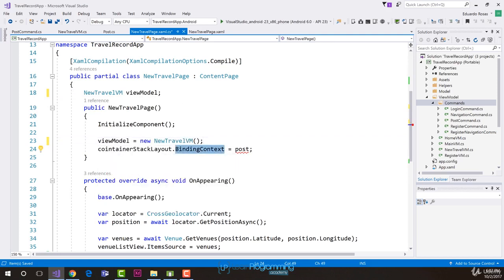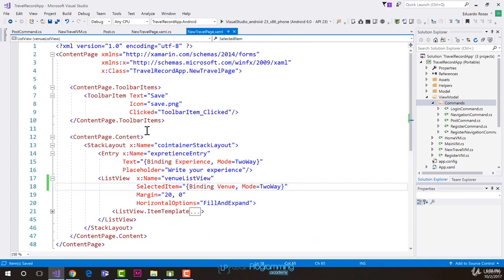And instead of defining the binding context for the container stack layout, we're going to define the binding context to the entire page to the viewModel. But we still need to set the binding context of that container stack layout to the post of the viewModel. It will still be bound to the post, only this time the post exists in the viewModel instead of on the current page. So in the XAML file, we have to get the stack layout and set its